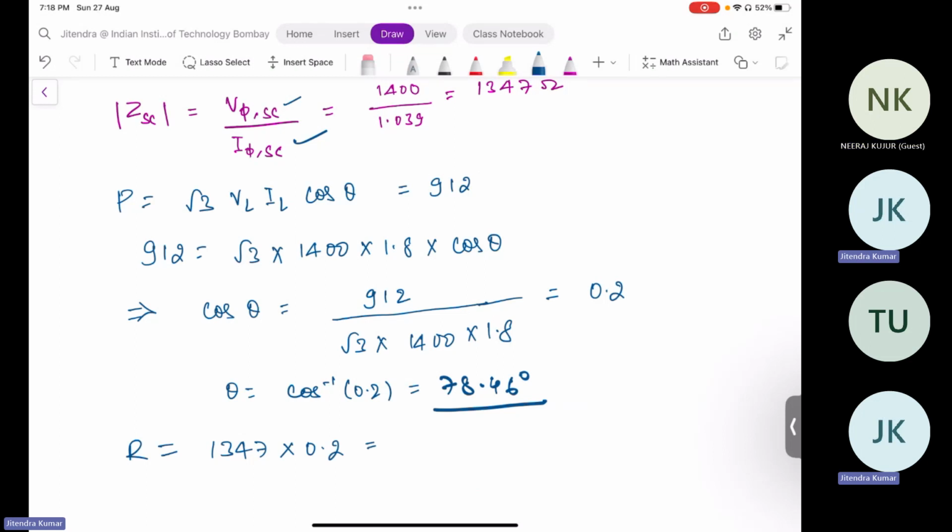It should come out to be 269.4 ohm. And X is 1347 into